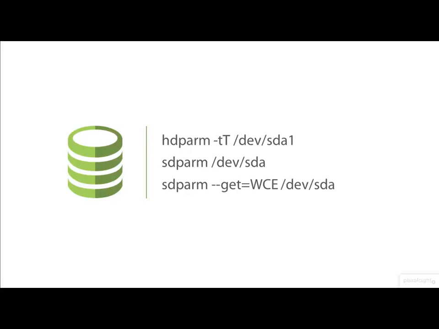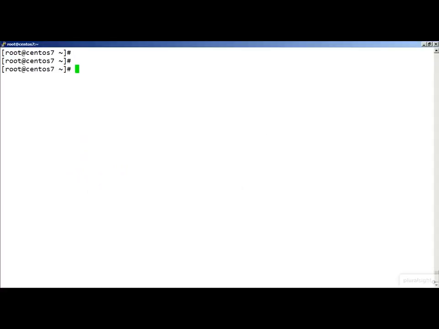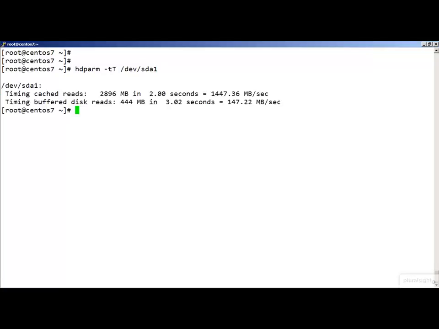Remembering both on my systems I've got hdparm and sdparm installed. So back at the command line, let's go through and look at some of the utilities that we can run. The first one we were looking at in the slides was looking at how we could test the performance. So really just seeing the read and write speed of the disk. So if we go through and take a look at this, we can get an idea of the speed